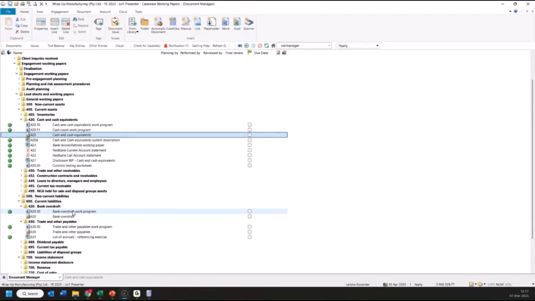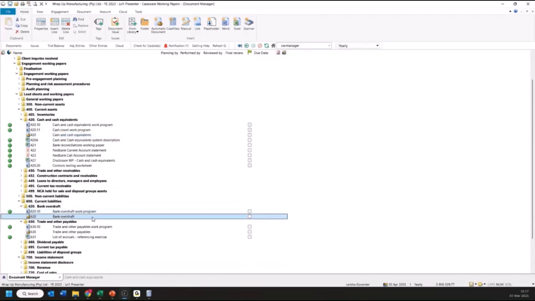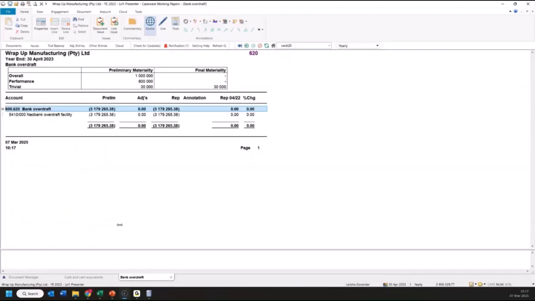In the bank overdraft, there's a lead 620, right? So they're quite nicely numbered, 420, 620. In the bank overdraft lead schedule 620, that is where we will find the balance for the net bank overdraft facility for this year,